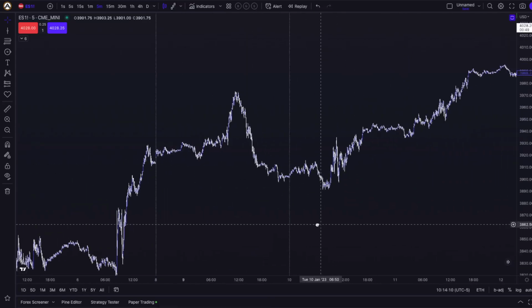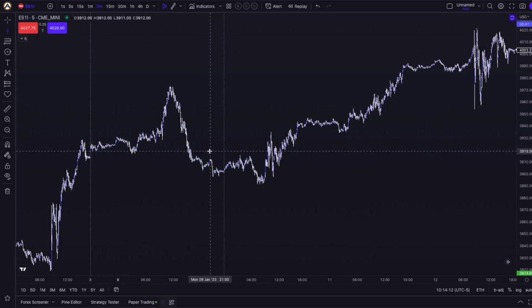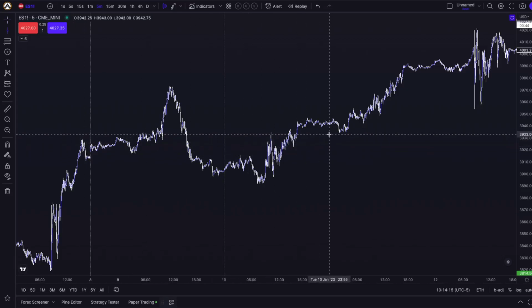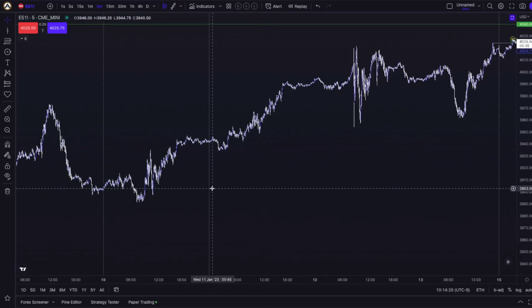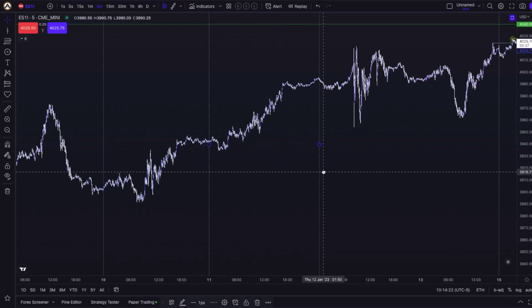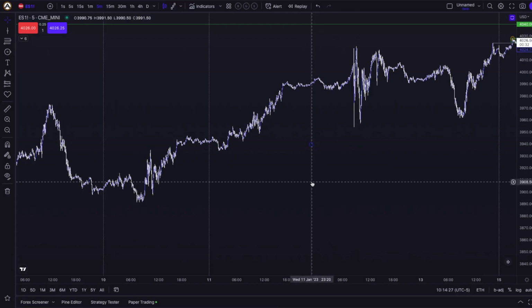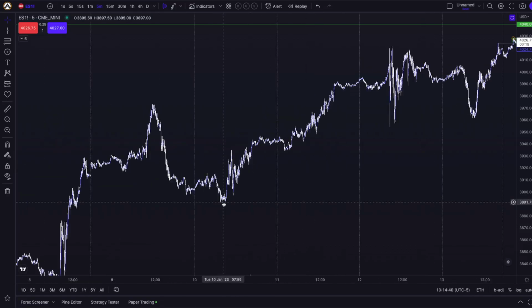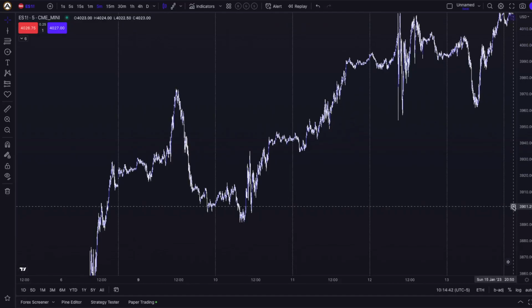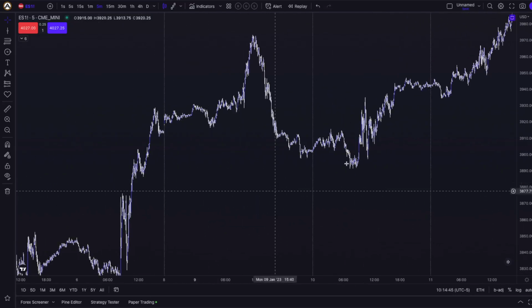All right, so let's go back and look at the initial balance opening range concept. So we have Monday, we have Tuesday right here, and we have Wednesday right here, and we have Thursday, switch over to Friday right here. Okay, let's quickly draw this up. So pretty much very similar to last week in this expansion move to